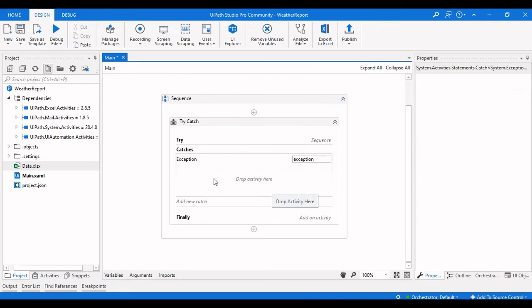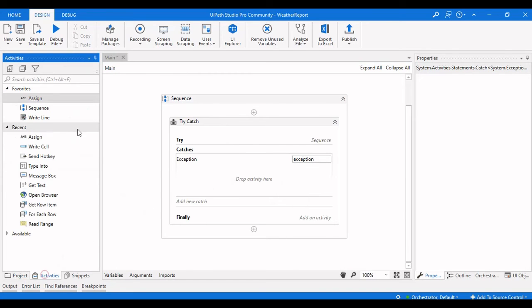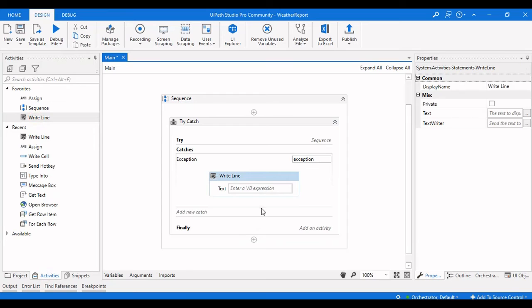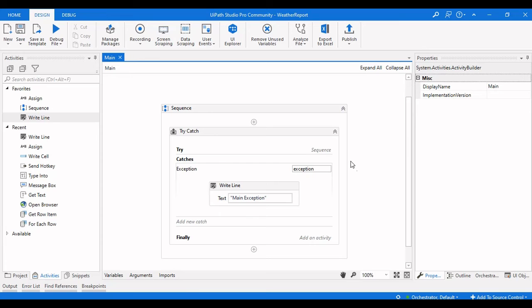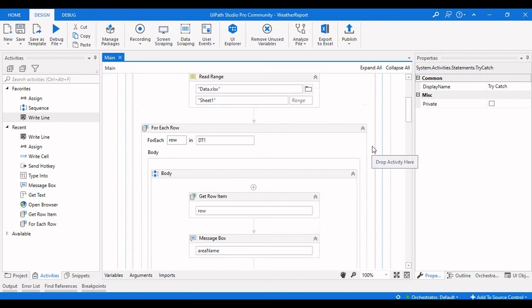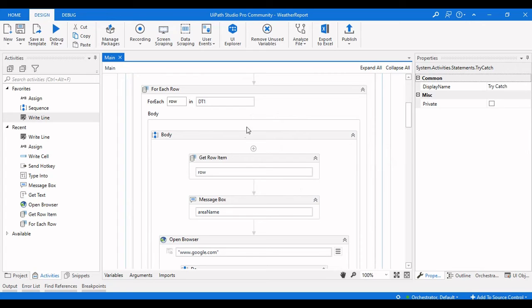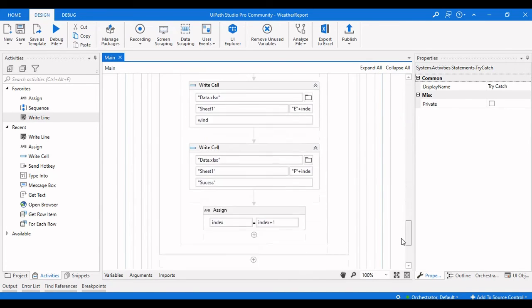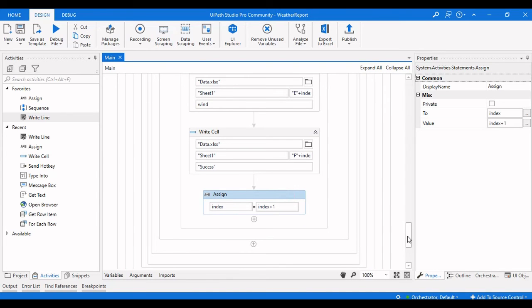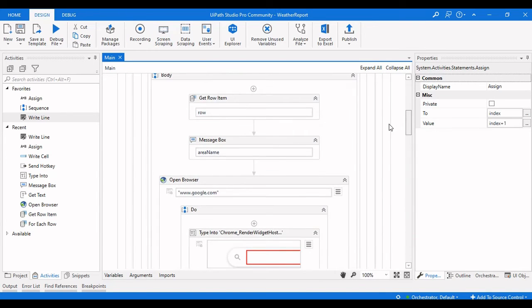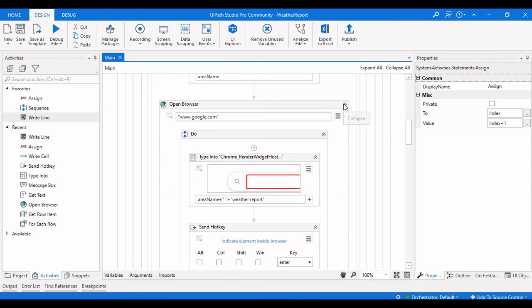And what we will use there is the write line saying main exception, and then in this sequence, for making every time, we need to increment this index value when there is an exception here.